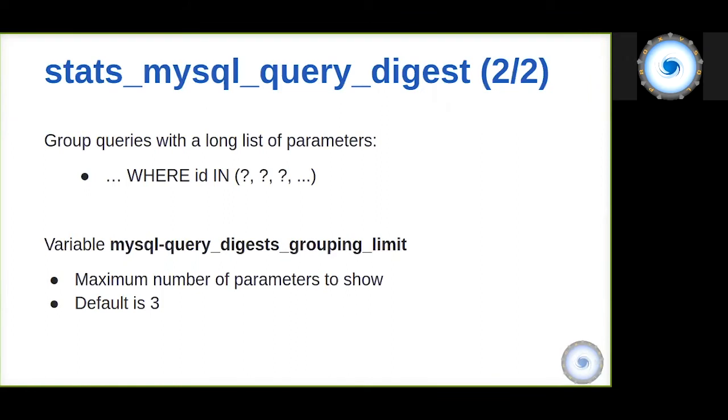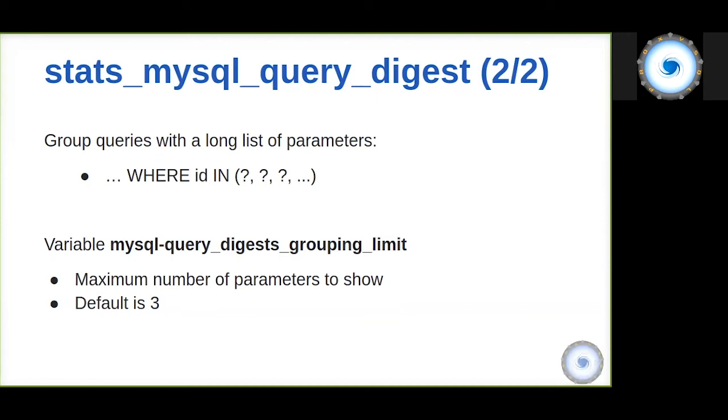Another important feature with regard to MySQL query digest and the way ProxySQL generates digests is how we handle a long list of parameters. It's quite common to have applications that issue queries with a variable number of parameters, like 4, 5, 6 parameters, and so on. ProxySQL generates a distinct digest for every number of parameters, and somehow this makes sense because you might want to have a different digest